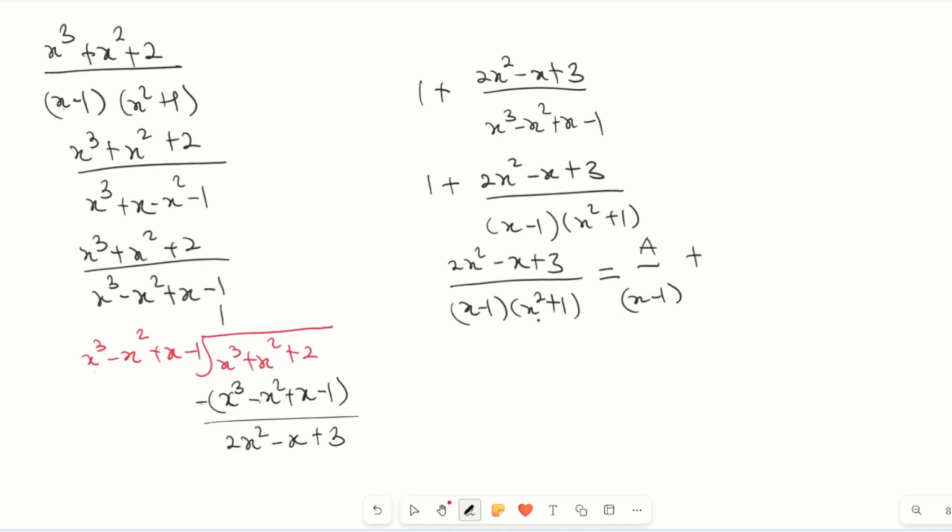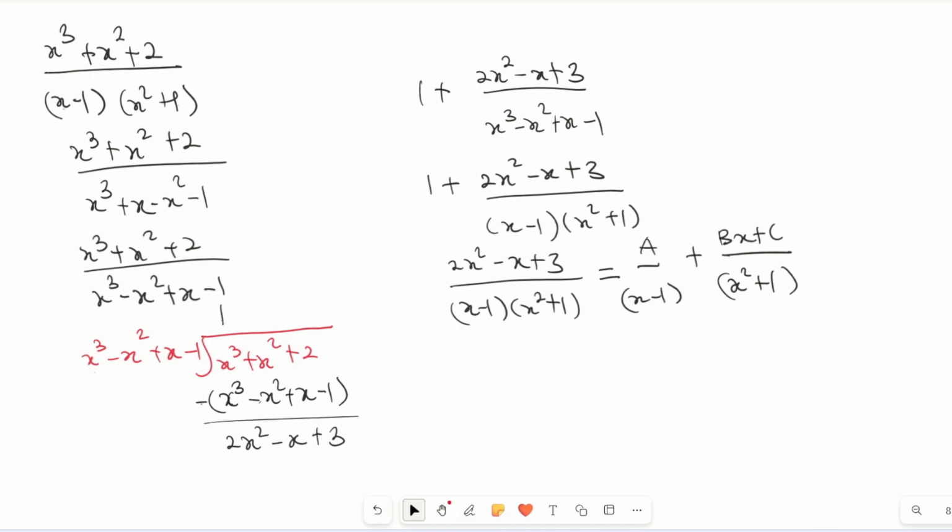So plus, when we look at x squared plus 1, it is irreducible because when we equate it to 0, we are going to get a complex number for the values of x. So write it as what? Bx plus C all over x squared plus 1. So now since we have this,